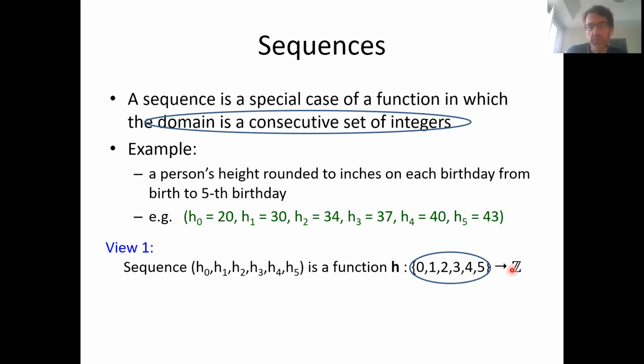This happens to be in integers, right? Because I said that I'm expressing height in inches, exact inches, so these will be integers. But this part is arbitrary. This is just an example. I can have a sequence of other objects, like, for example, rationals,